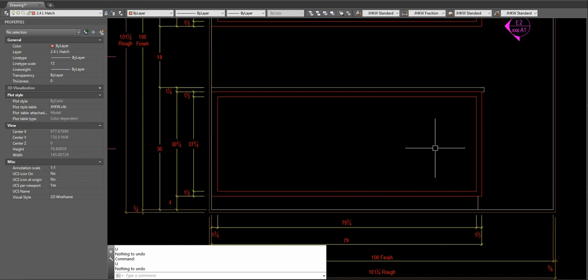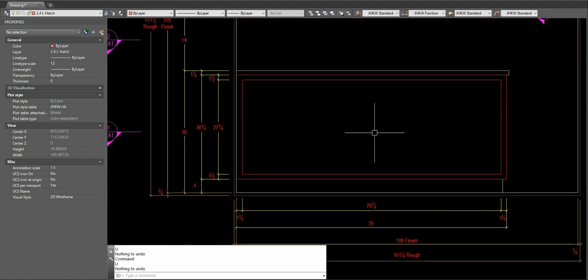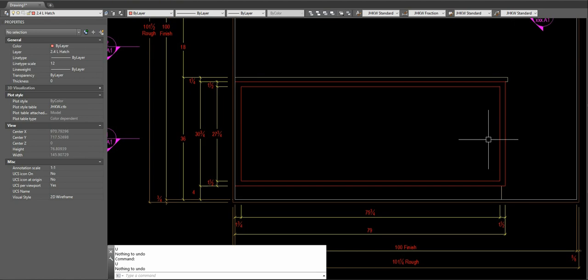And as I've done this for a while, you kind of get the idea that I've drawn this rectangle before. I've offset this rectangle, I've closed this polyline, I've manually dimensioned all of this, because the most important thing is